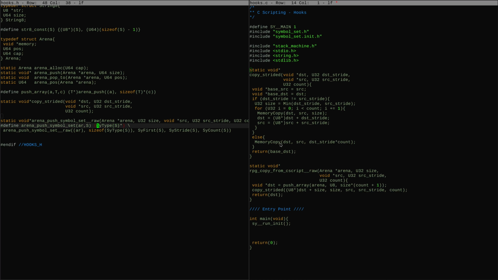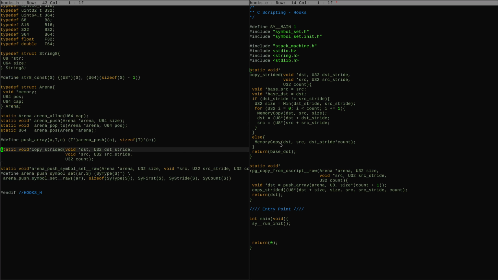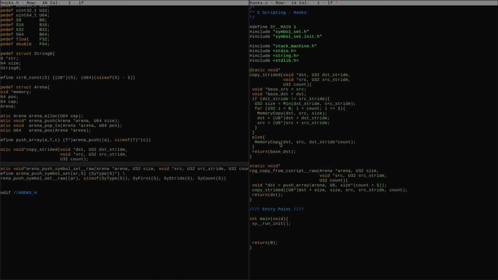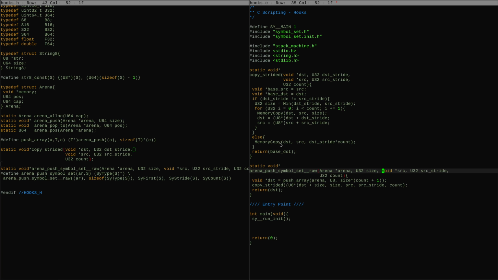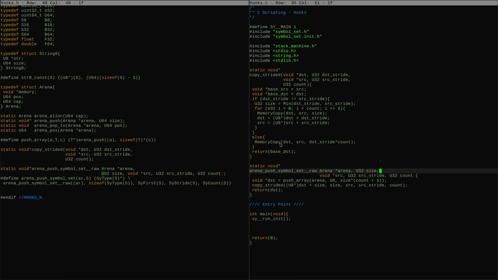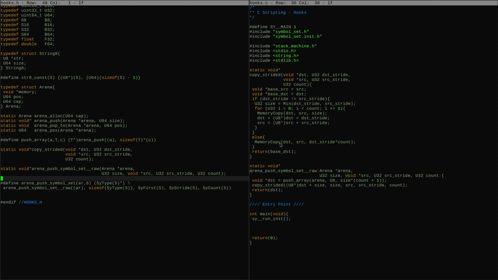And it types the return. Copy strided. This is more like a memory little thing, so that's fine. Arena push symbol set raw. Put all the symbol set stuff together on one line. How about that? Copy strided. Okay, so then